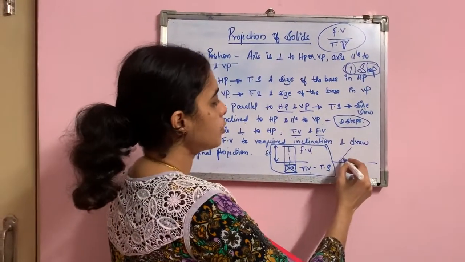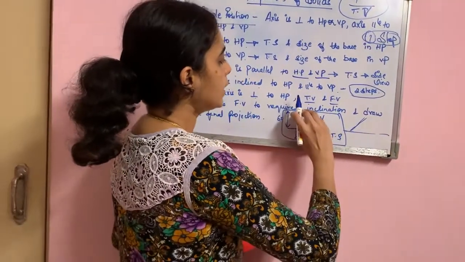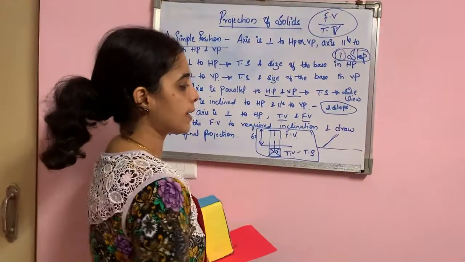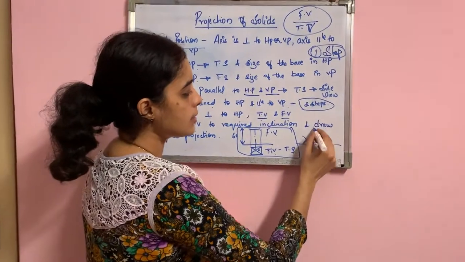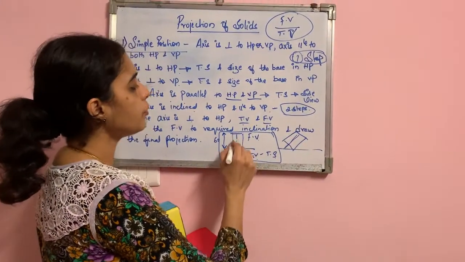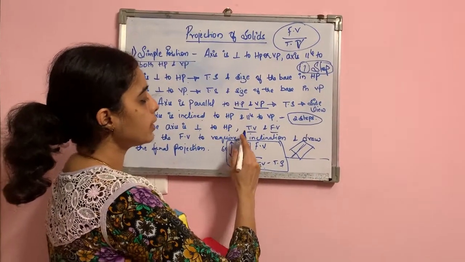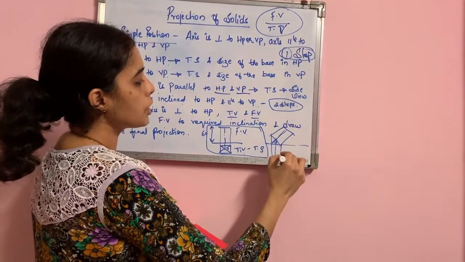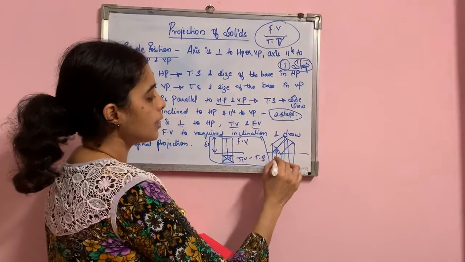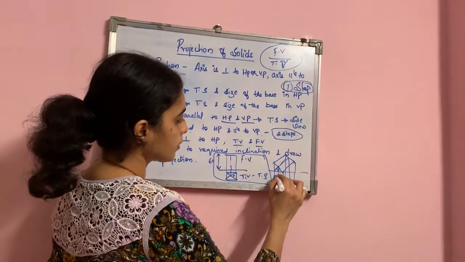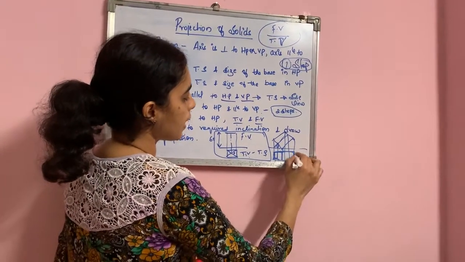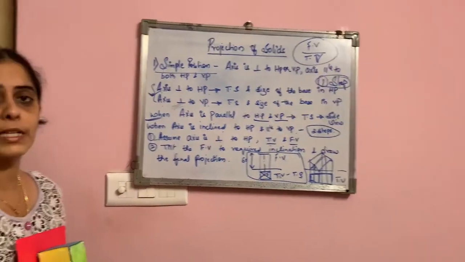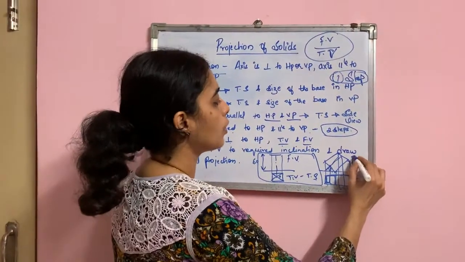So based on that, you incline the axis and then you shift the entire first stage front view to the second stage. So you reconstruct the front view part which was vertical to an inclined angle. Then you take the projection down and show the top view part. How does it look? I'll explain how you have to solve the problem with respect to the front view and the top view.